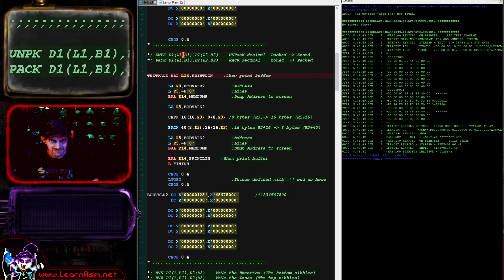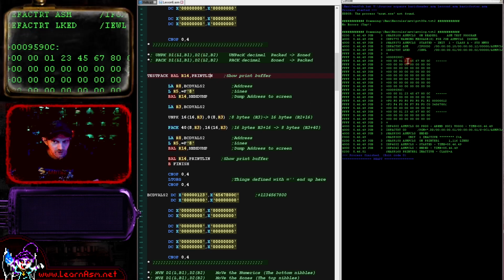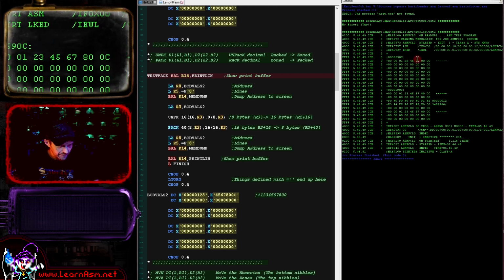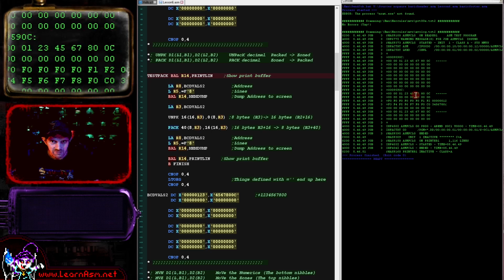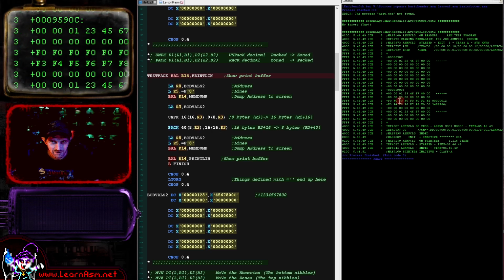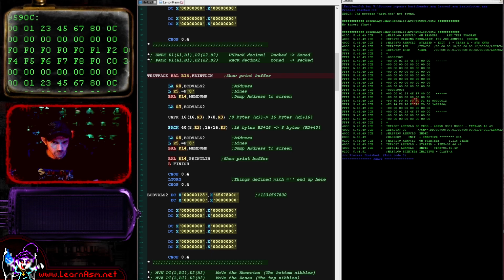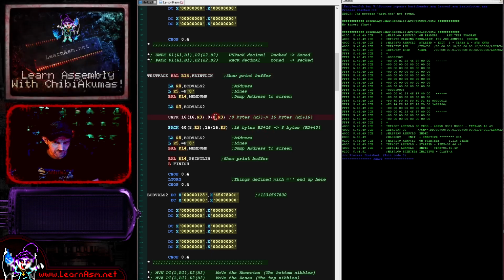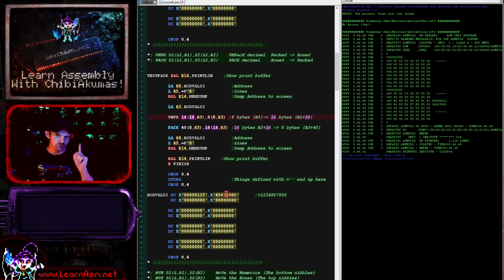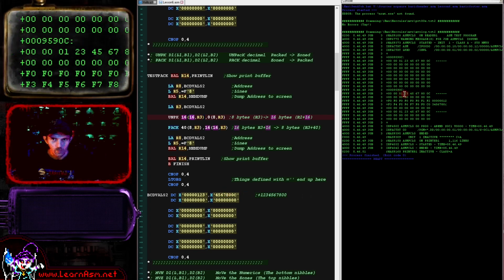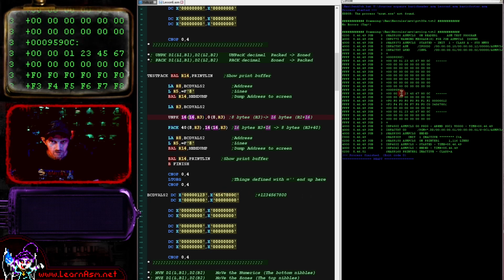So as I say, the destination's on the left, the source is on the right here. So here is the starting position. We've only got that single value there, and then we're unpacking that to offset 16. So if we take a look at offset 16, well, you can see here we've effectively doubled the size of that sequence. We did specify the length of the sequence. We specified the source as being 8 bytes here and the destination being 16 bytes here. And we would expect the length to double, because rather than storing 2 digits per byte, we're storing just 1. So you can see here, 1, 2, 3, 4, 5, 6, 7, 8, 00, with 5 preceding zeros